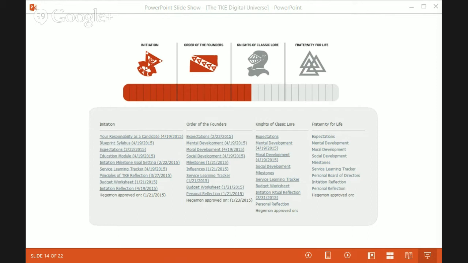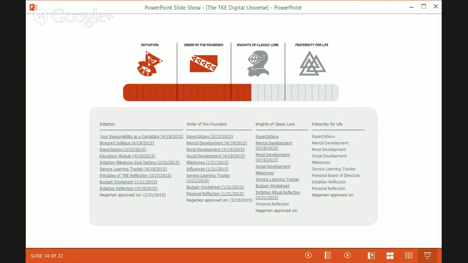This is the 4-step process program here for the blueprint, and you can see there are links for each of the sections of the blueprint. As a volunteer, a hegemon, or a pretenus, you have the ability, as you would with the book, to review and make sure that person has achieved that minimum level.